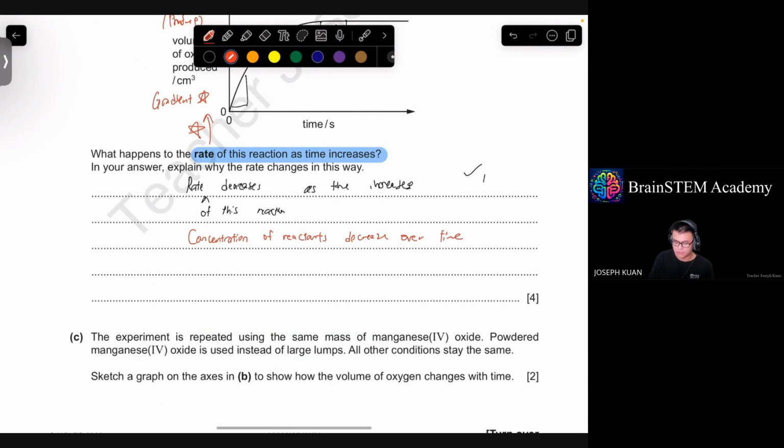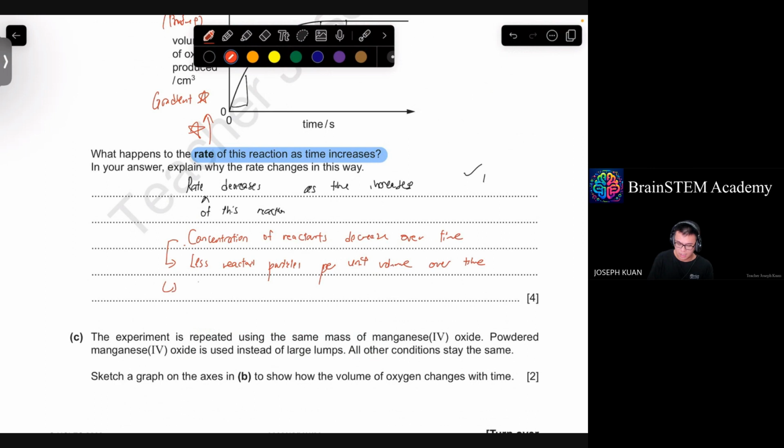All right? How do we further explain this? Well, define concentration of reactants. That will be just fewer reactant particles per unit volume over time,